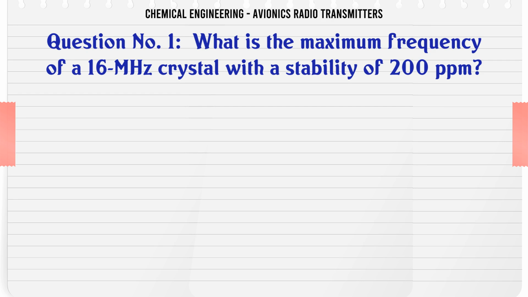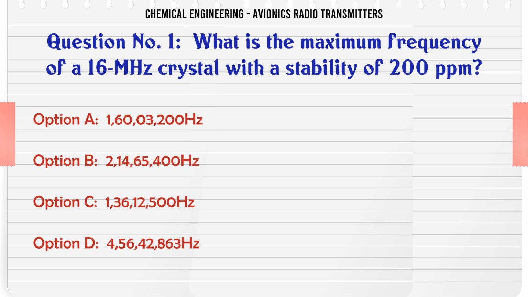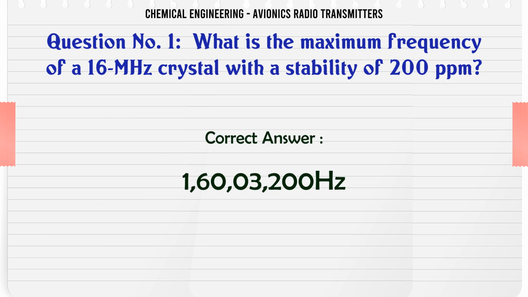What is the maximum frequency of a 16 MHz crystal with a stability of 200 ppm? A. 16,003,200 Hz. B. 21,465,400 Hz. C. 13,612,500 Hz. D. 45,642,863 Hz. The correct answer is